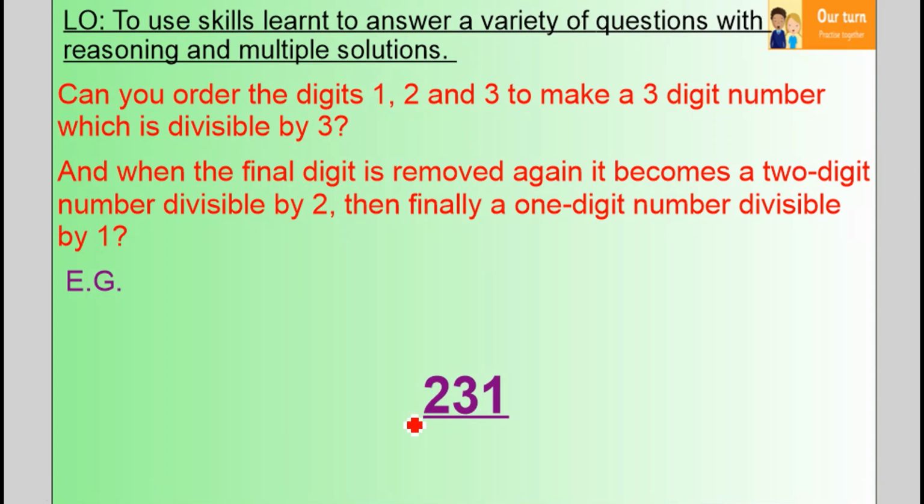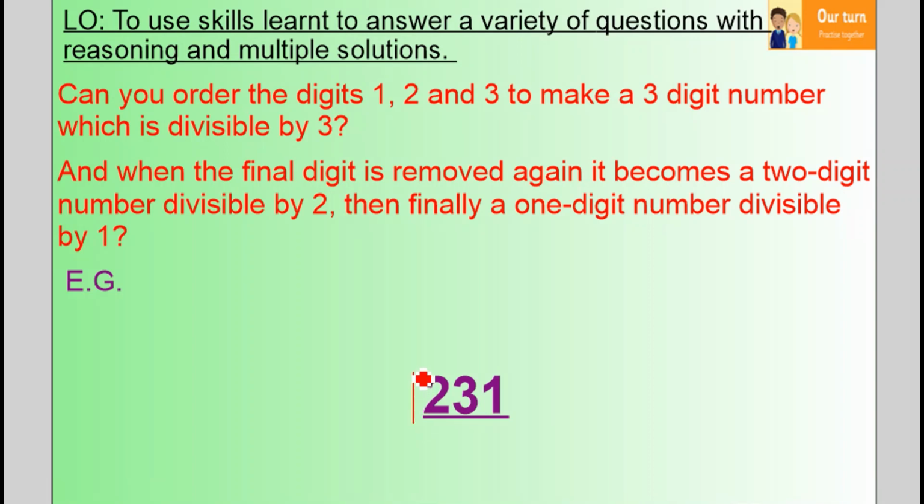Now I need to start off by figuring out whether this 3-digit number is divisible by 3. Now, there are tricks to doing this. You could add up all of the digits together, and if it is a multiple of 3, then you can divide it by 3. So 2 add 3 is 5, add 1 is 6. 6 is a multiple of 3, therefore this number would be divisible by 3,